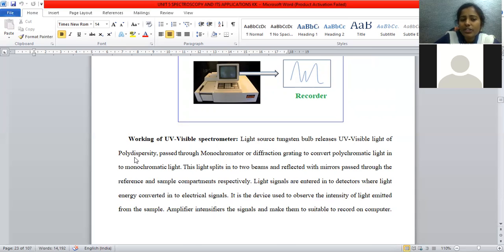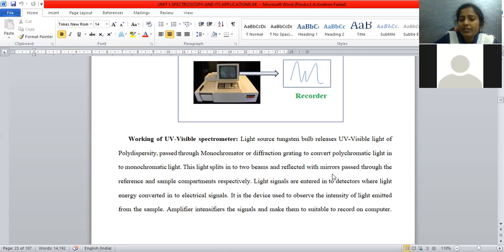The initial light is polydispersed, oscillating in all possible directions. Now it is allowed to pass through the monochromator, also known as the diffraction grating, to convert it into a single beam of light. That single beam is allowed to fall on a prism, which splits it into 2 beams of equal intensity.